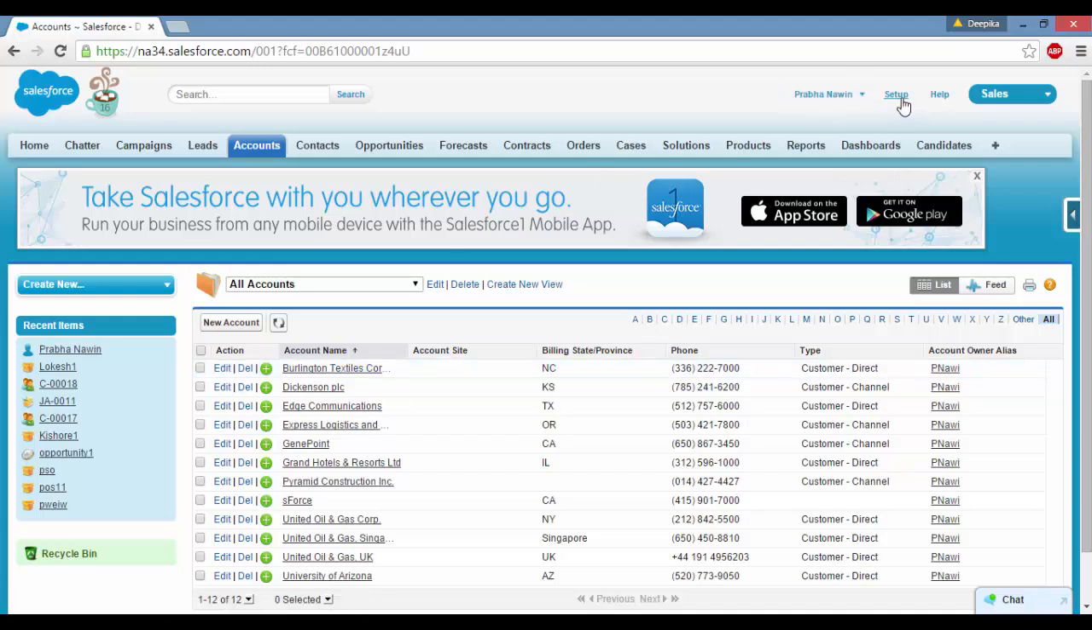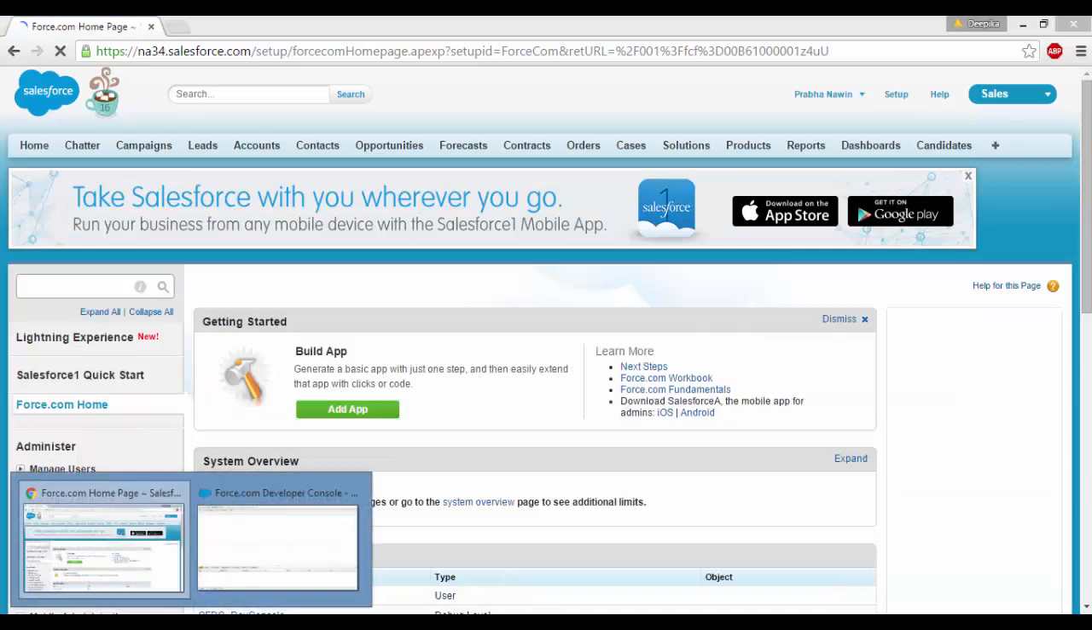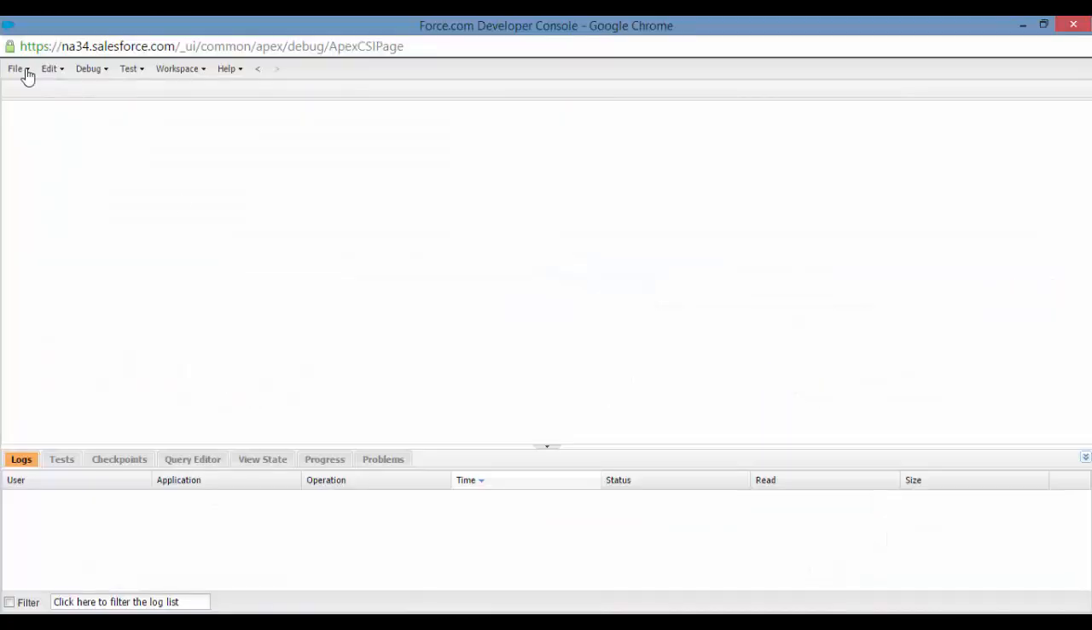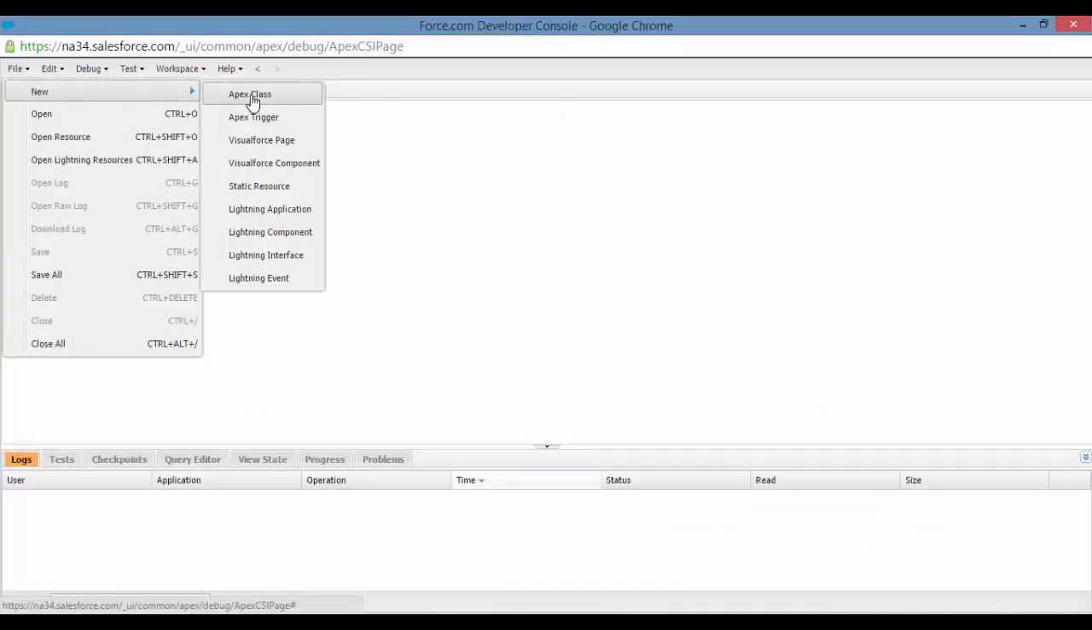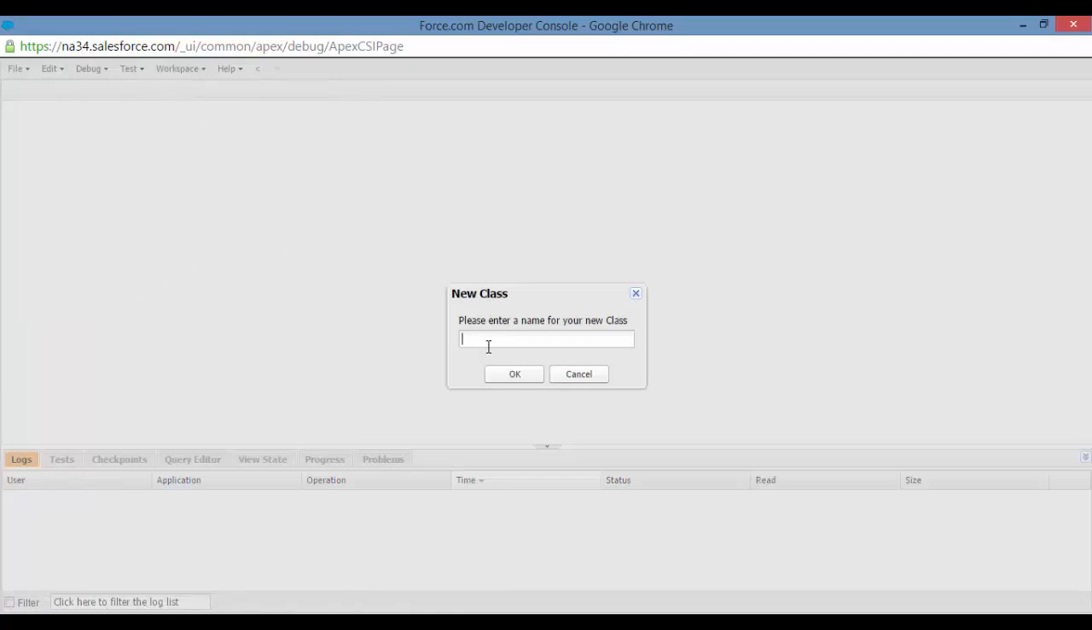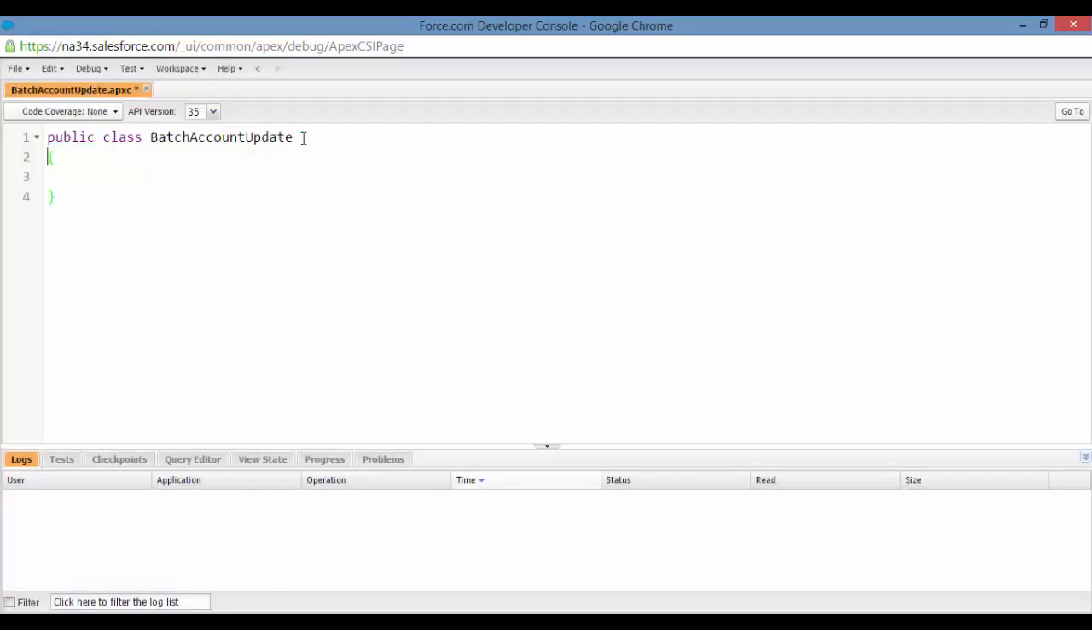So let's go back to the setup, and I think I already have it open, so I'll go up here and you need to create a simple Apex class, and this particular class, let me name it as BatchAccountUpdate. Click OK here. So this class needs to implement the Batchable interface. So I'll say implements